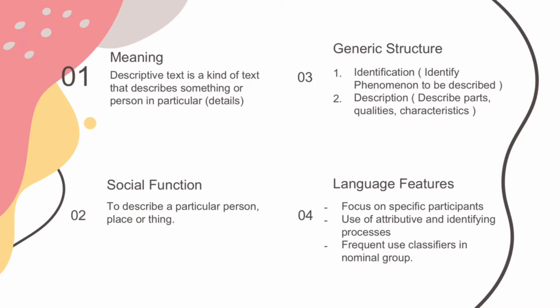Specific participant has a certain object that is not common and is unique or only one. For example, Bandungan Beach, my house, Borobudur Temple, Uncle Jim. And then the use of adjective to clarify the noun. For example, beautiful beach, handsome man, the famous place in Jepara, and many more.